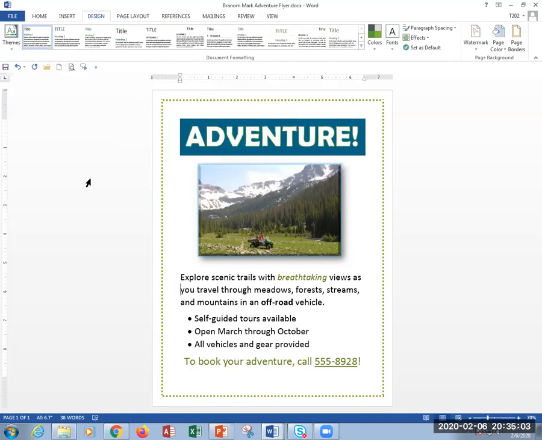Now, the only problem with the way this is done right at the moment is that adventure is about like 1/2 inch between the dots and the word adventure. And down at the bottom, it's like about 1 inch or so between to book your adventure and the dots. So it's always best whenever you're doing a poster to have it be not only centered, going across, but also up and down. So both horizontally and vertically. So to do that, what we can do